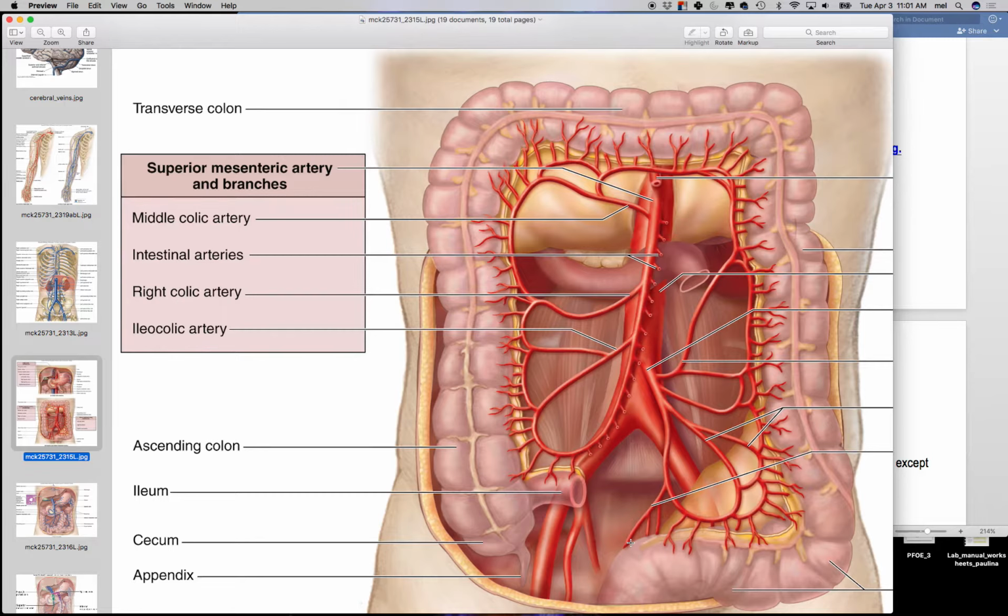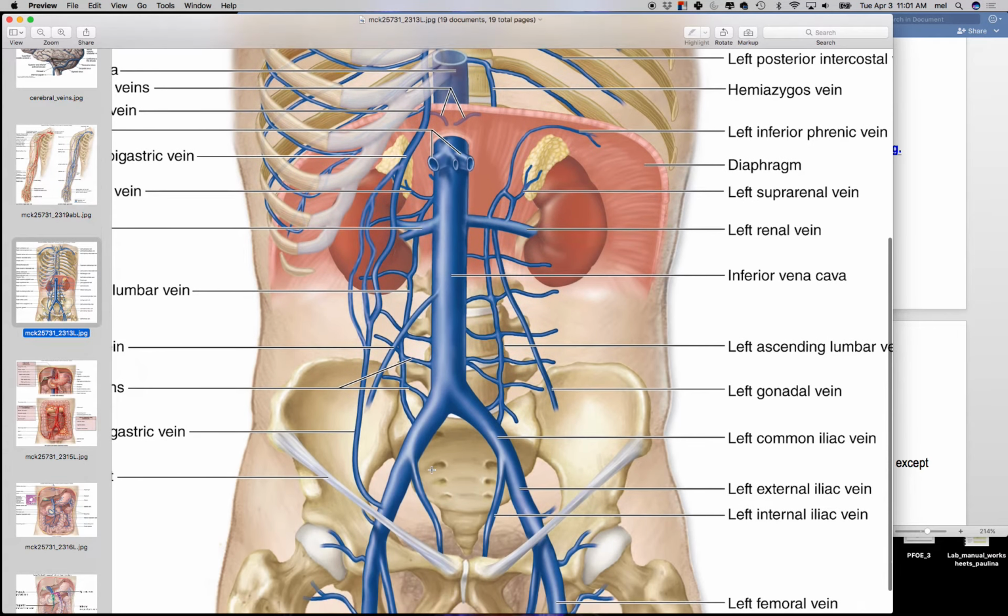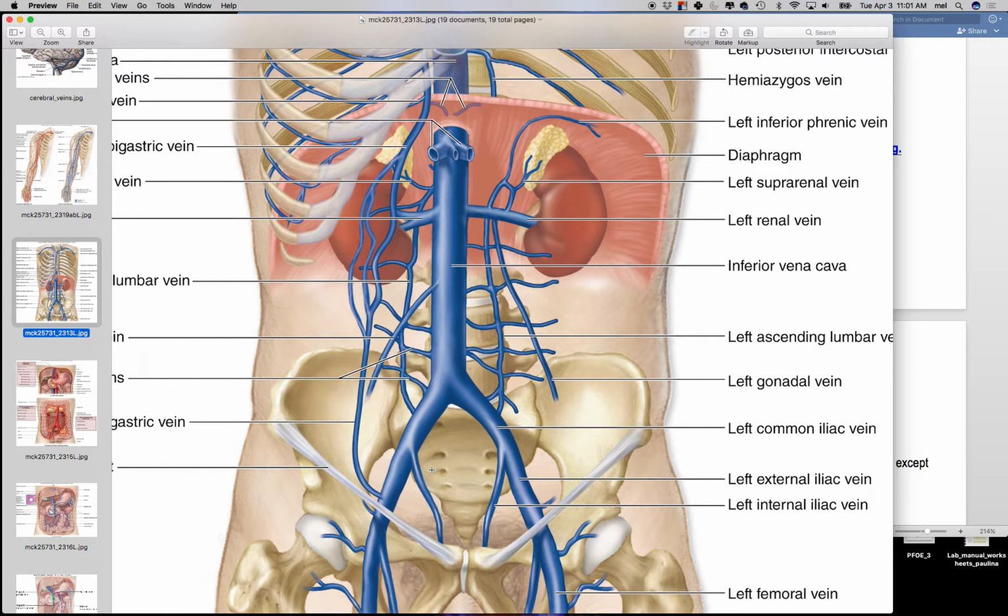So what we have to do is drain it, okay? But the drainage pattern is weird, and it's weird for a good reason. So in this particular instance, the weird is something that I will test you over. But let me show you what's going to happen. So let's do the easy parts first, the easy parts of venous drainage, okay? The easy parts of venous drainage are not the digestive tract. Please note that you don't see any of those digestive veins going directly in there, and there's a reason for that. Okay, the easy parts are renal,